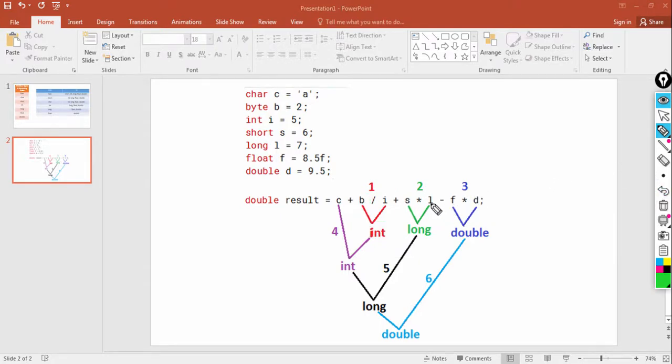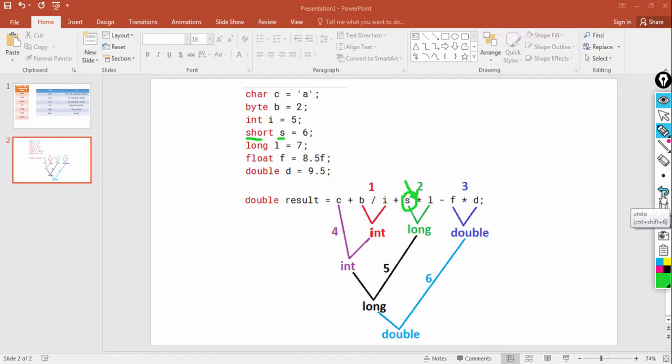Then in step number 2, multiplication will happen between S and L. So between S and L, the larger type is long, so S will also be converted into long, okay. S is of short type, so S will be converted into long type, okay. When I say S is converted, I mean to say its value, okay.